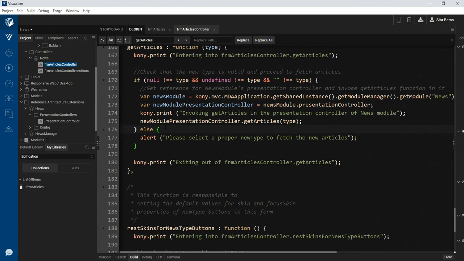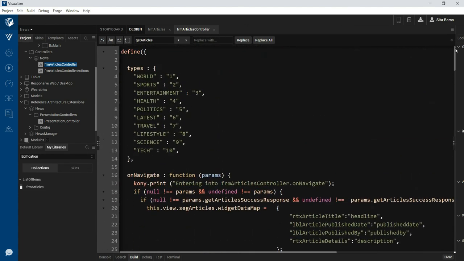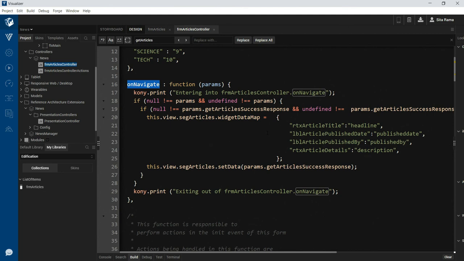In the form controller, we implemented the onNavigate function. This onNavigate function will get invoked every time we navigate to this form. In this onNavigate function, we are checking for the response from the backend system. If the response is available in the data that is passed to this form while we are navigating to this form, then we are setting the data to the segment widget that we have on this form.